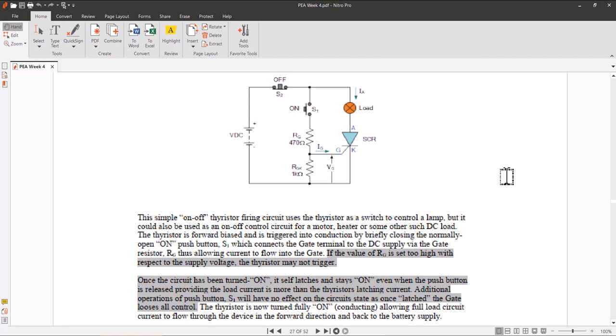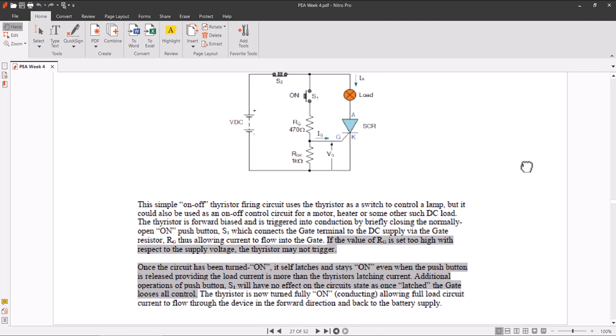The thyristor is forward biased and it is triggered into conduction by briefly closing the normally open push button S1, which connects the gate terminal to the supply via the gate resistance, thus allowing current to flow into the gate. If the value of the RG is set too high with respect to the supply voltage, the thyristor may not trigger. अगर ज़्यादा RG रख देंगे तो शायद वो ट्रिगर ही ना कर पाए, तो आपको प्रॉपर्टीज को सेट करना पड़ेगा जो करंट IG को इससे फ्लो करवाए।